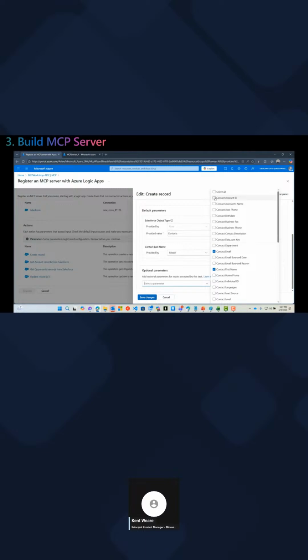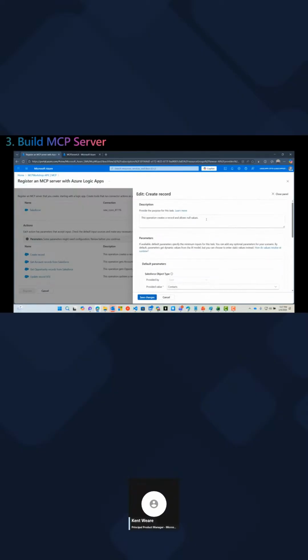And then the other thing, we want to link it to an account, so we'll also select that as well. So now we've got these 5 different inputs that we're expecting our model to pass in. There's one other thing we should always do. This is going to use the default description that comes from the connector metadata. We should update this so that this is more relevant. In this case, we're going to say this tool will create a contact inside of Salesforce.